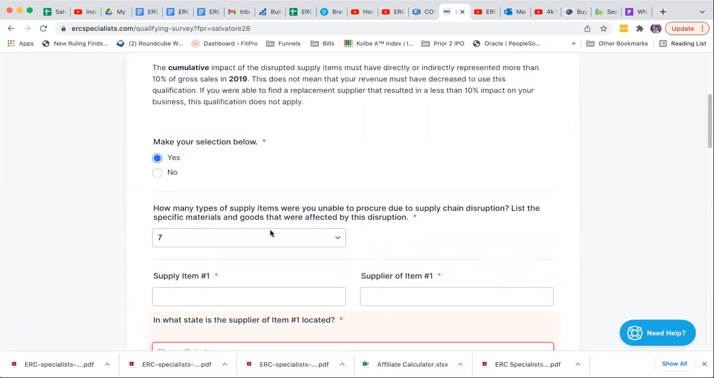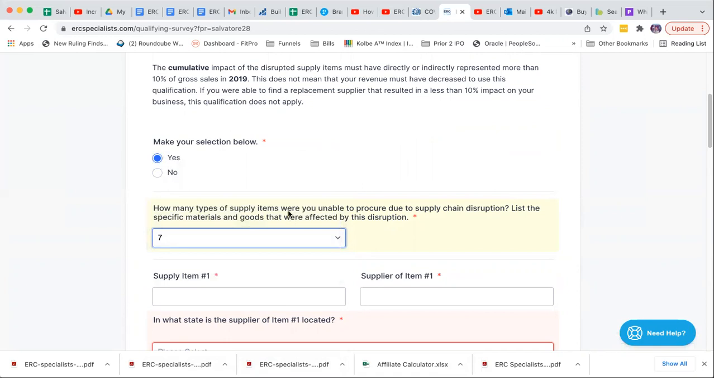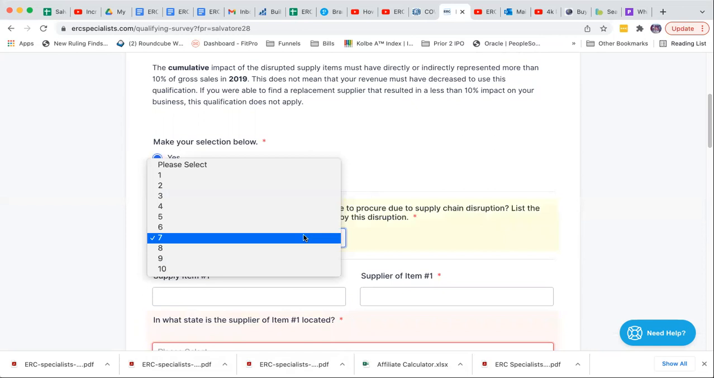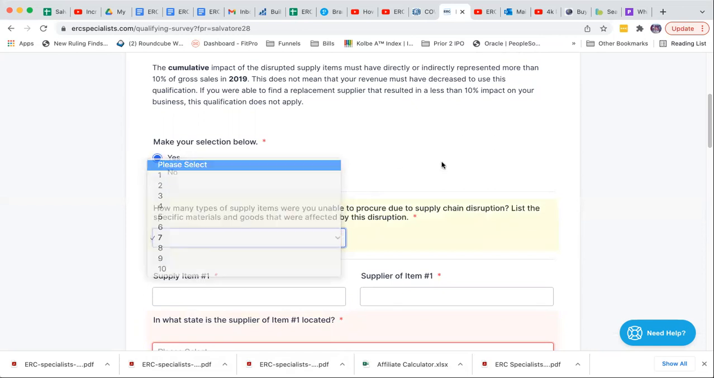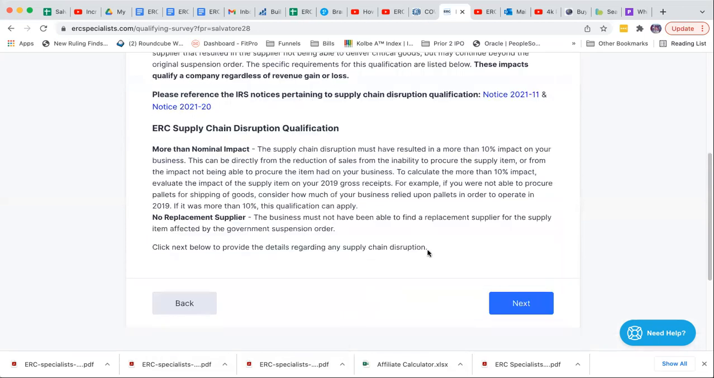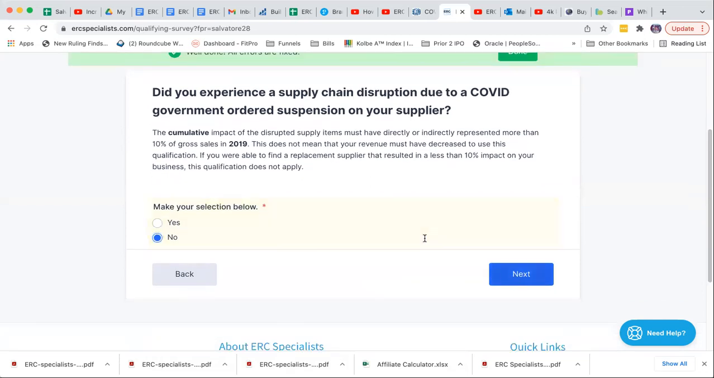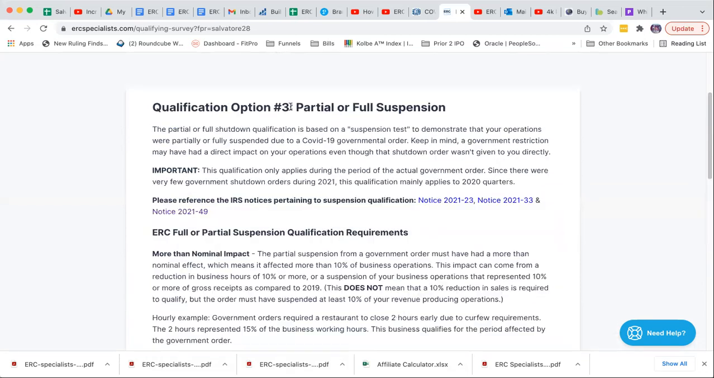It doesn't have to be 7 things. It doesn't have to be 10 things. It could be 1 thing that really affected your business. So if you look, it says we're unable to find a replacement supplier that resulted in a 10% impact on your business. So just think of it as having a 10% or more impact on your business. A lot of companies were affected by this and can use this option. Now if this wasn't you, you're going to click no, and you're going to go to qualification number 3,